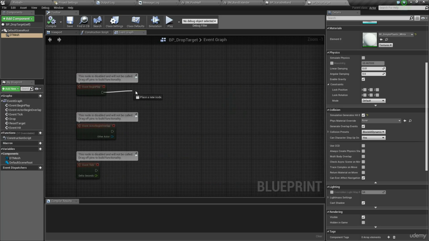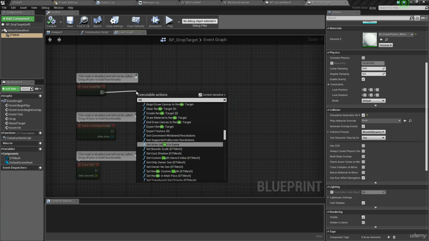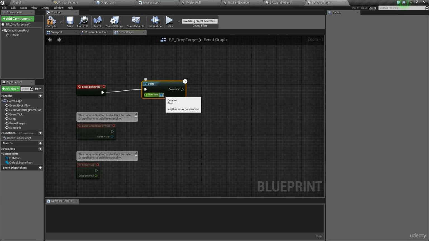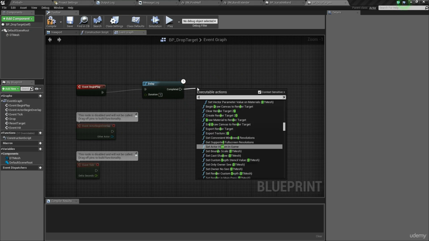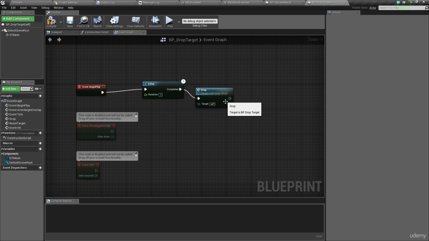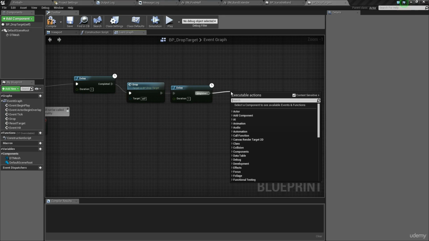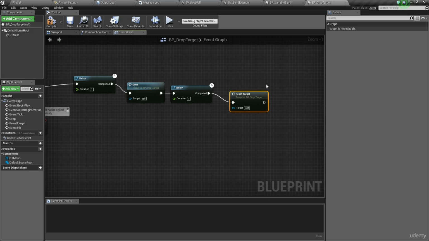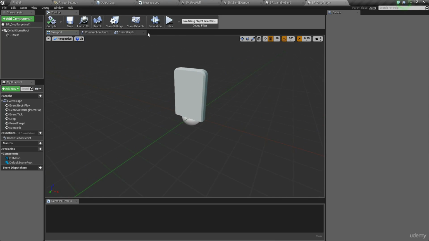But let's quickly test that. On begin play, I'm just going to add a delay. And after 1 second, it's going to drop. And then I'm going to add a delay again, which after 1 second is going to reset. So compile, save. And if I go to my viewport and I hit simulate,